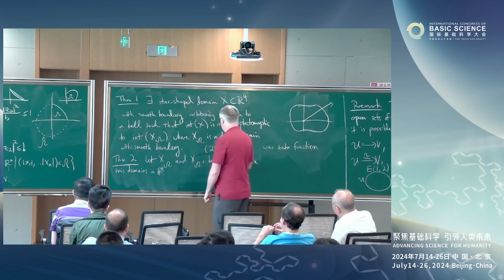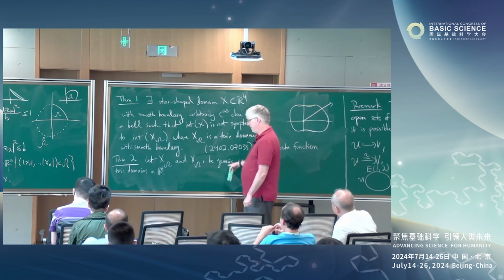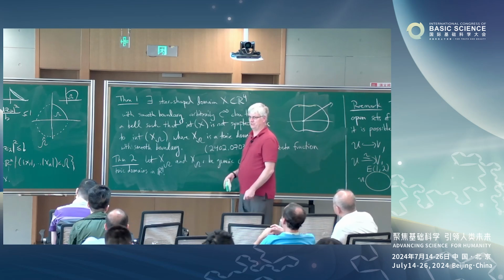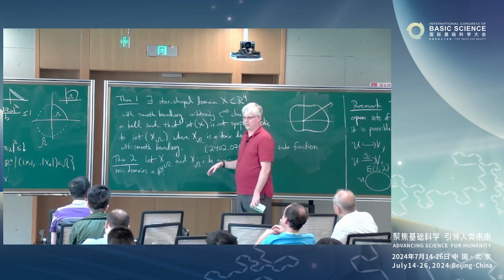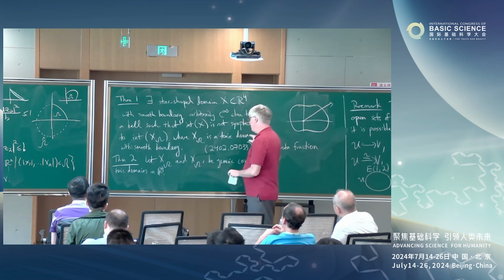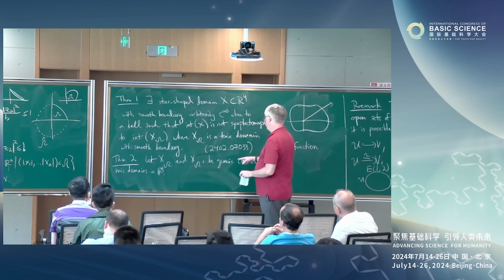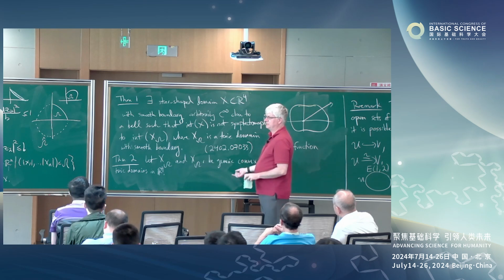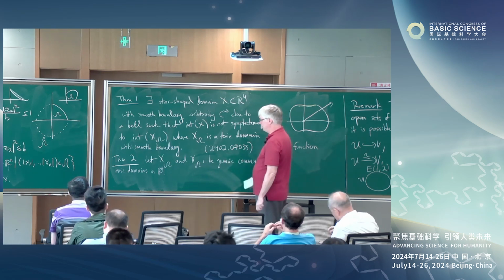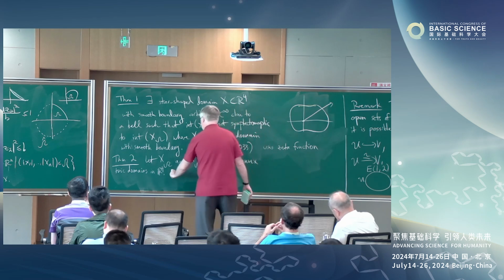In the generic case, there's a precise condition that I want them to satisfy, which holds generically. I think maybe one can drop it, I'm not sure. It's an annoying technical thing. Anyway, if X omega and X omega prime are two convex toric domains that satisfy some technical condition which holds generically,